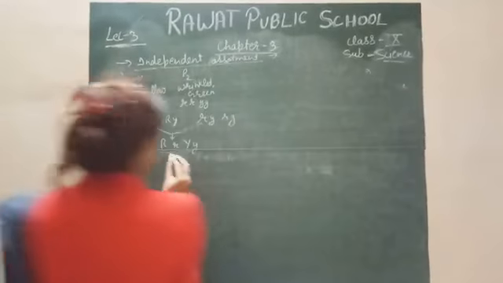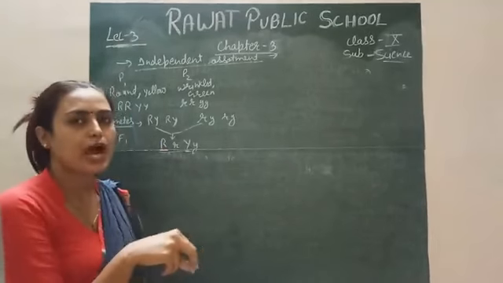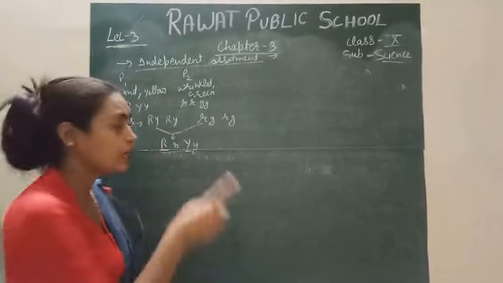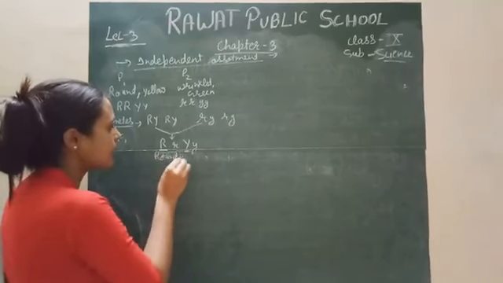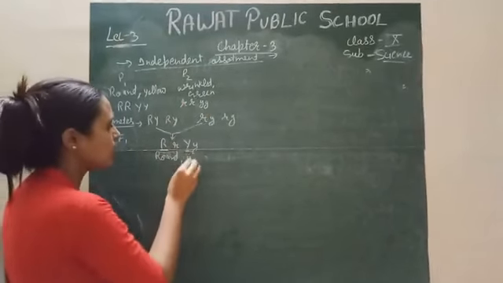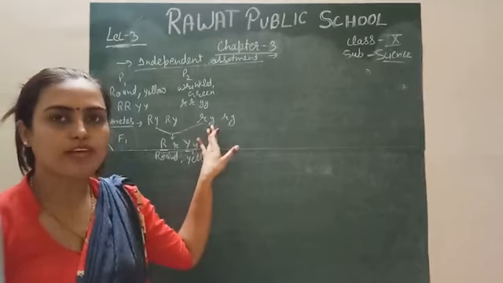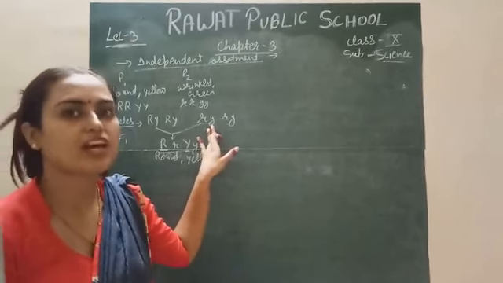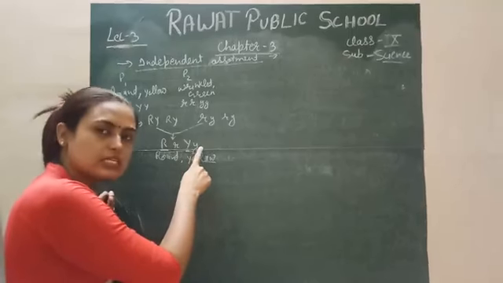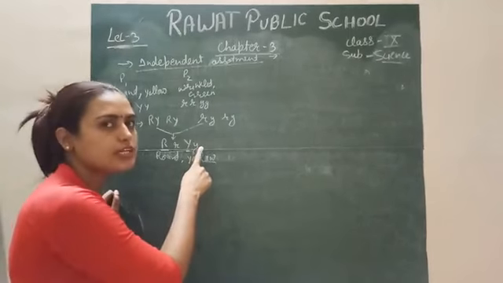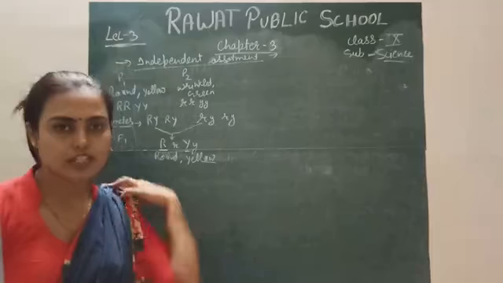But due to the law of dominance, if one single dominant allele is present in the hybrid, then what will be the phenotype in that condition? R is responsible for the round shape and Y is responsible for the yellow color. According to the law of dominance, the recessive trait is expressed only when it is in paired form. But here they are in single form, which means they are present in allelic form, not in paired form. So they cannot express their character in the F1 generation.